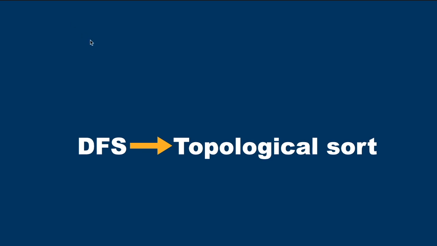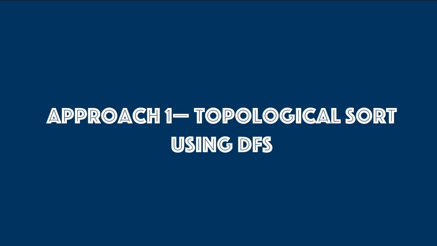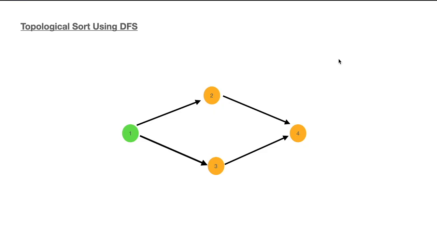So the prerequisite for understanding topological sort in approach 1 would be depth first search. Let us now see how we can tweak the normal depth first search algorithm to perform a topological sort of the given directed graph. You should check out my video on depth first search if you haven't seen that already before continuing with this. So the idea here is to use an additional data structure that will keep track of the nodes once it's done completely exploring all its children.